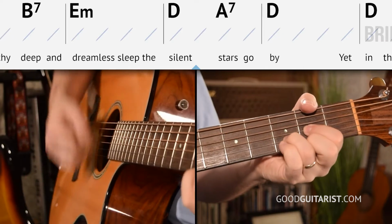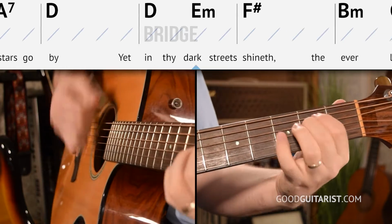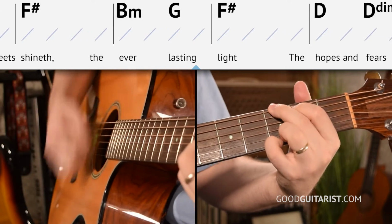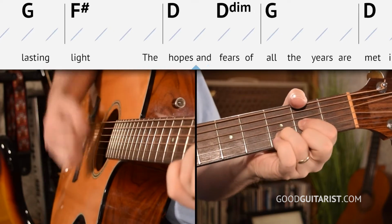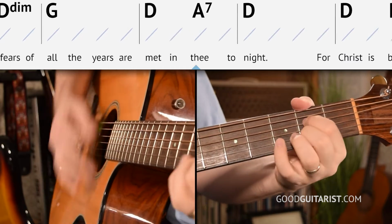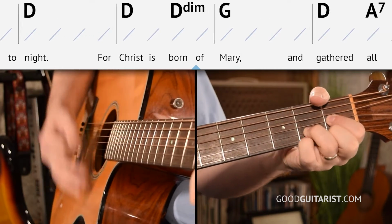The silent stars go by, yet in thy dark streets shine the everlasting light. The hopes and fears of all the years are met in thee tonight, for Christ is born of